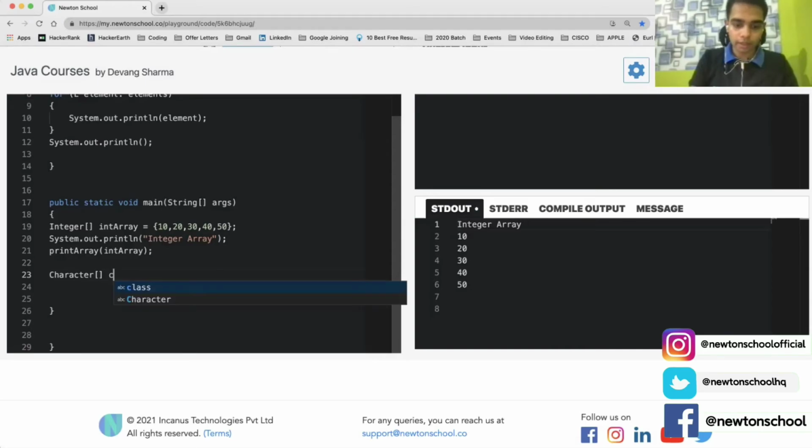I create a character array. Let's try printing this character array.